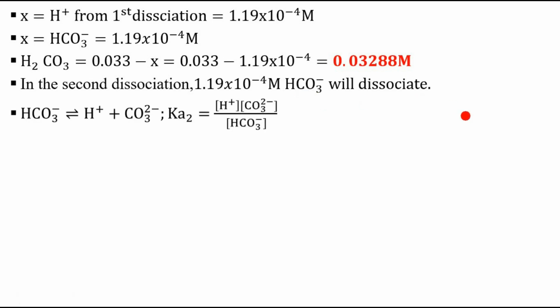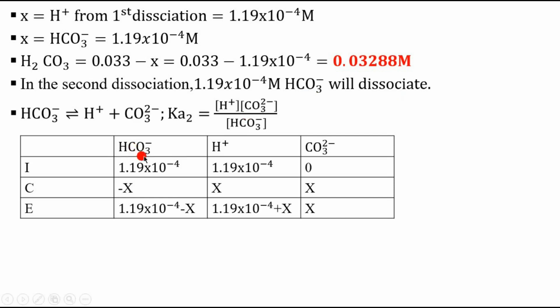What you have is this one, and you have the H plus, and you have the carbonate. But remember, after the first dissociation, we have this value for the bicarbonate. You have 1.19 times 10 power negative 4, which is the concentration, and also we have this hydrogen. That means the